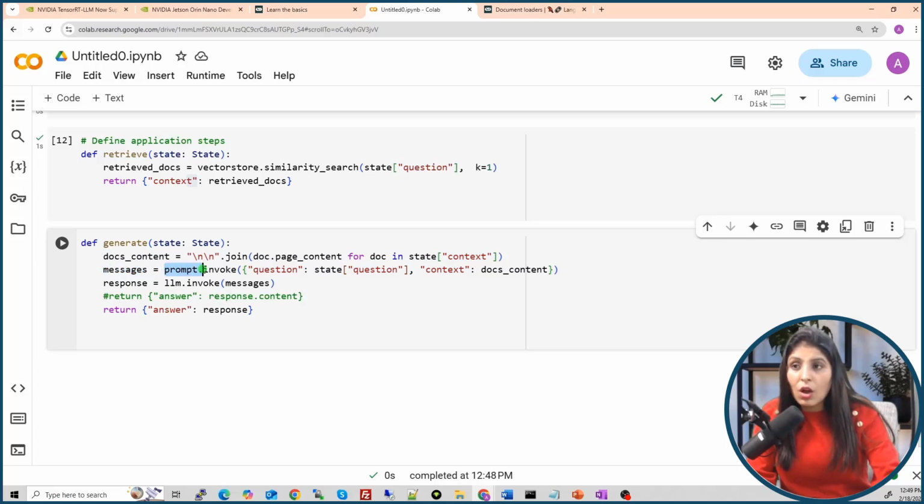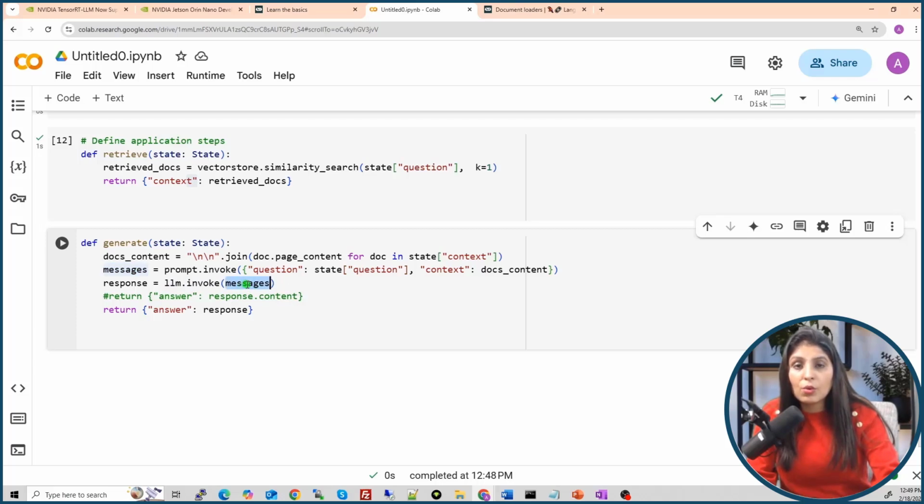We are calling the prompt over here. Remember, I've told you that in a RAG prompt we provide the user question and the context together. So that's what we are calling the prompt, giving the question which the user asked and the related document, and it is stored in messages. Now this will go to the LLM, it becomes the input to the LLM, and the LLM will generate the response. We are calling the LLM using .invoke and providing this to it.